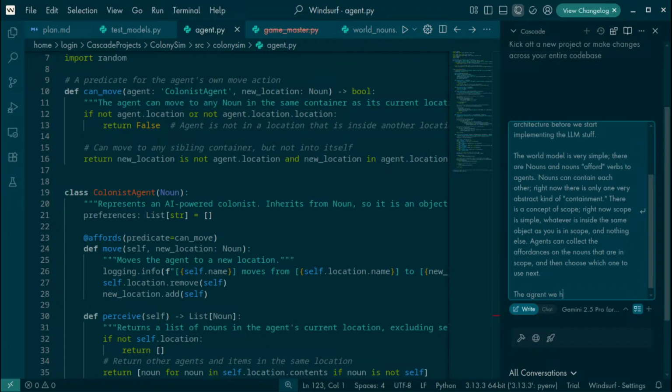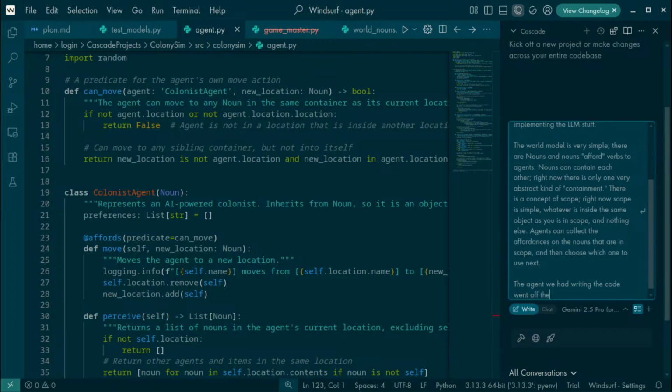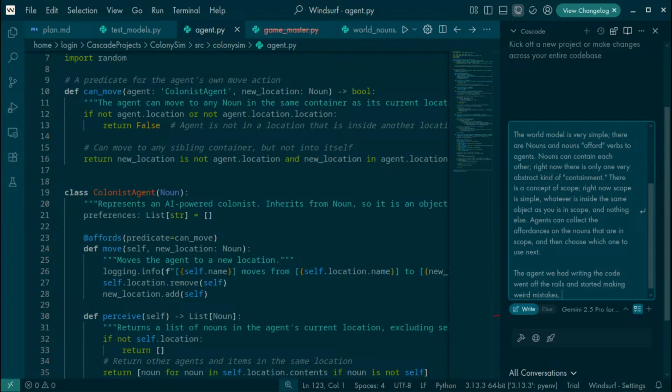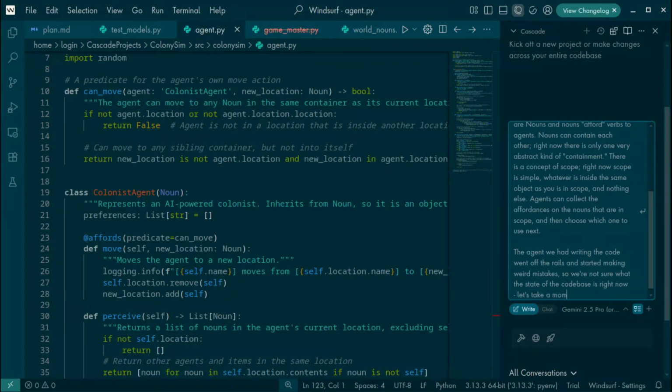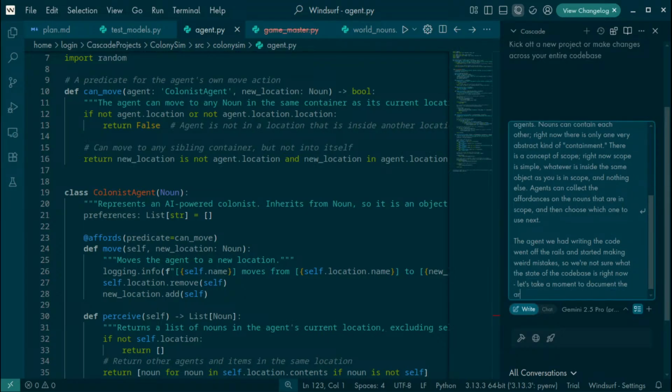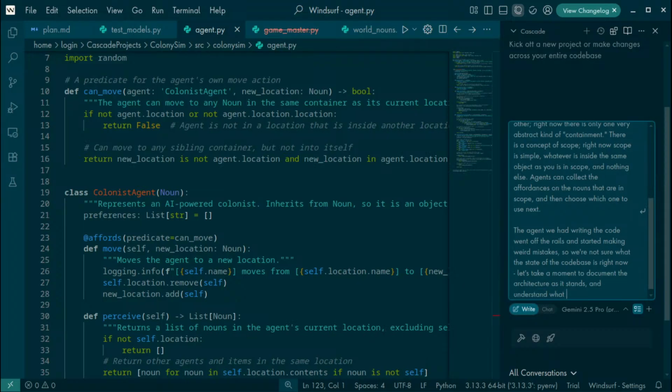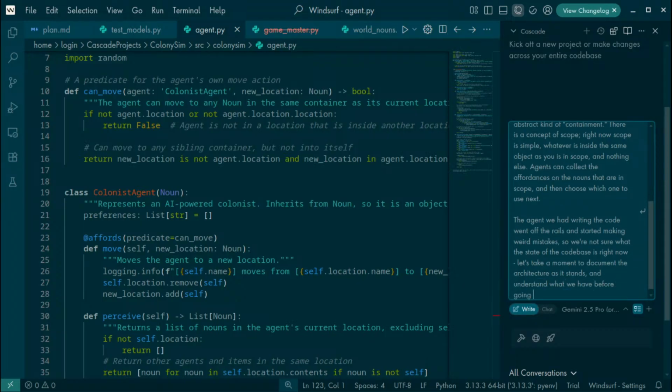The agent we had writing the code went off the rails and started making weird mistakes, so we're not sure what the state of the code base is right now. Let's take a moment to document the architecture as it stands and understand what we have before going forward.